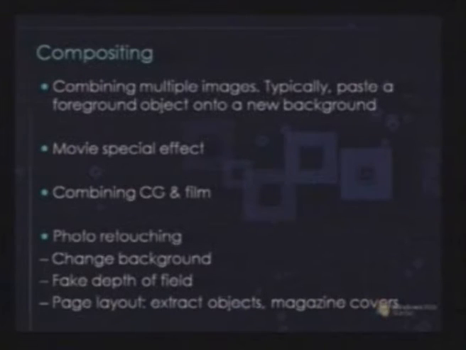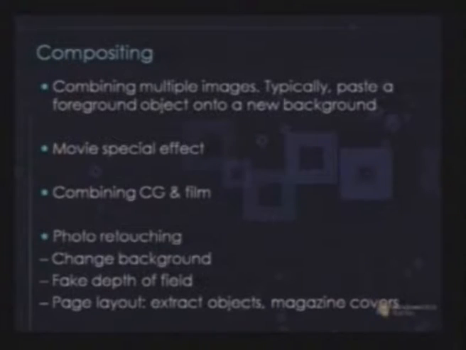Photo retouching also involves changing the background. The same kind of situation might arise that later on, once you shot the movie, we feel there is a need or a desire to change the background. For that purpose we can do photo retouching. Fake depth of field. Depth of field means, for example, we are in an environment with a long shot and a lot of area to be covered. For the background we need it to be blurred out. For that purpose also you can do manual compositing.